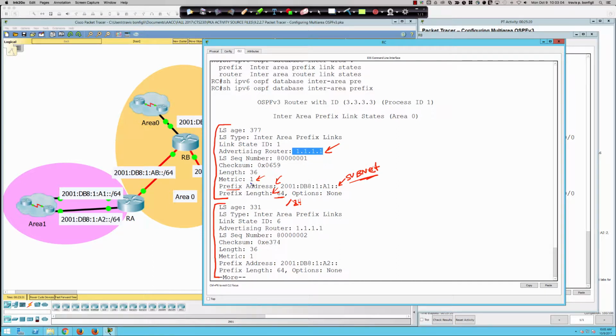But again, it's a summary of these networks being communicated as type 3 LSAs, and in IPv6 or OSPFv3, we call them inter-area prefix link states, right? But that's all they are. It's the same information that we saw in IPv4, the metric, the prefix length, the advertising router,